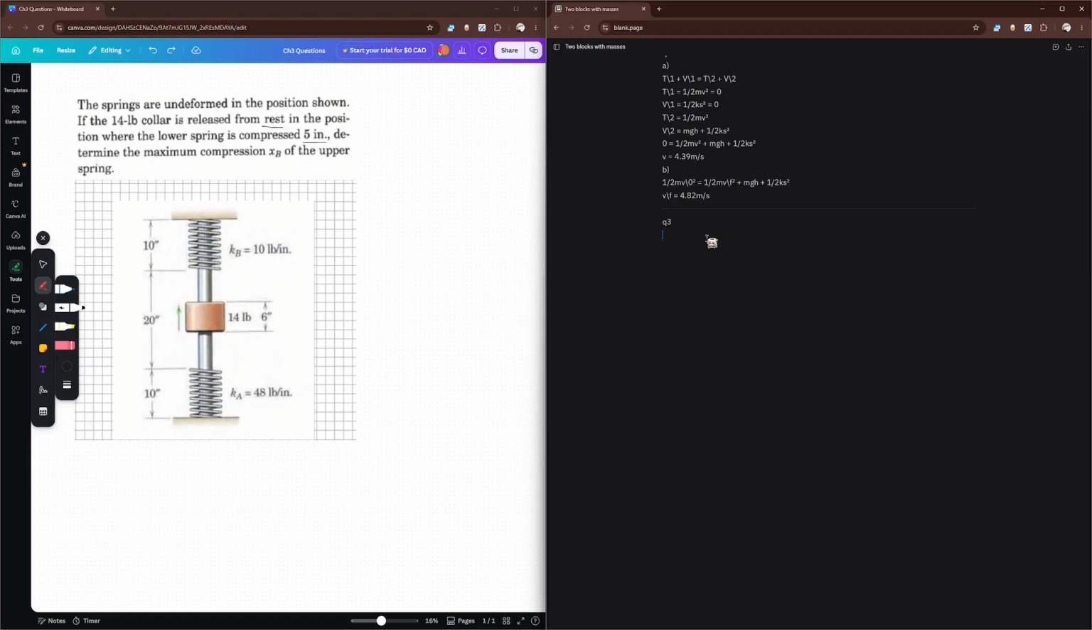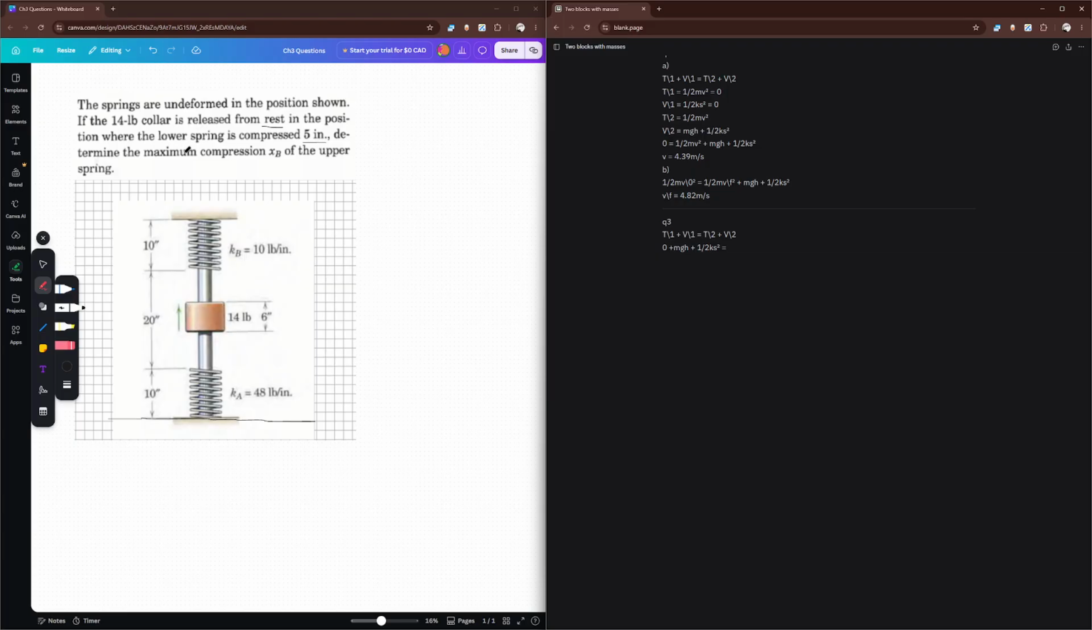So let's get to calculating. We have T1 plus V1 is equal to T2 plus V2 because we're assuming there's no non-conservative forces. Released from rest means T1 is equal to 0. It's down here, and the datum is here, by the way, using the floor as our datum. So we have mgh and we have half ks squared, and that's equal to T2, which is, well,